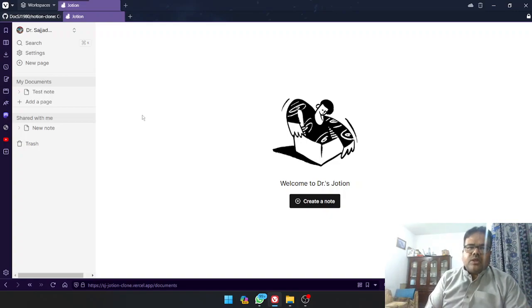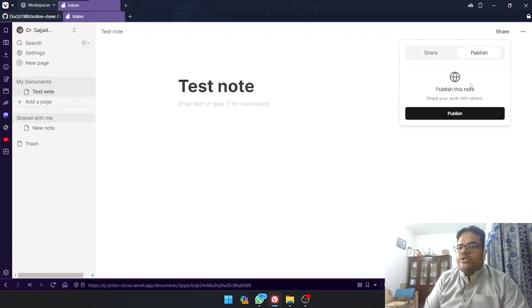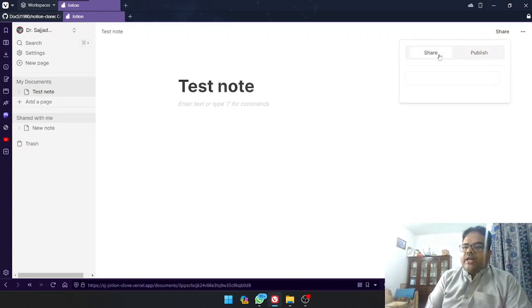So, sharing: when I open a note, I have made this note. I changed the button that was here that said publish to this share button. When we click on this button, we get two tabs: share and publish. So we are in share. The publish has exactly the same functionality that the original publish button had. I have changed nothing to it. What I have implemented is that I can look for